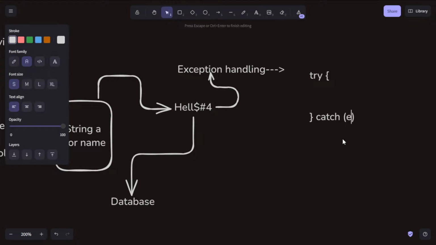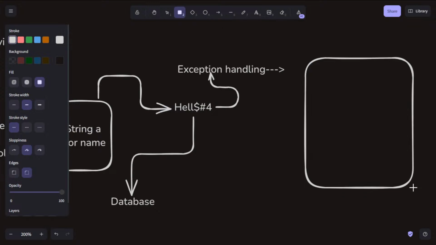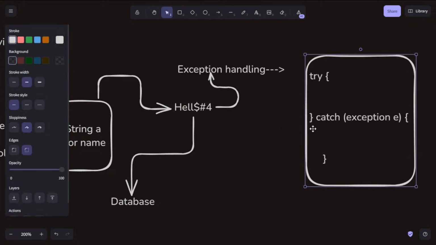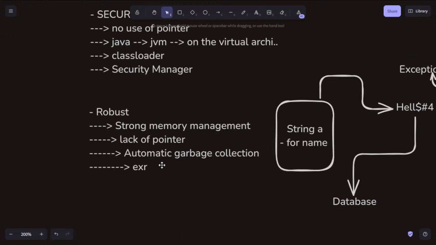Catch with exception e, and continue with the program. This is how we handle exceptions in a Java program. Hope this is clear to you all.